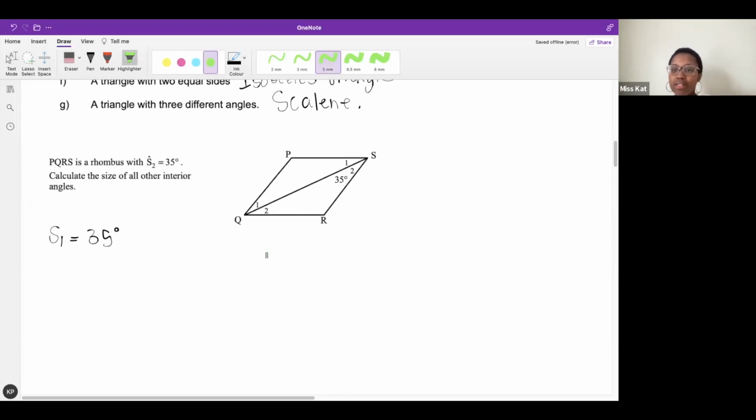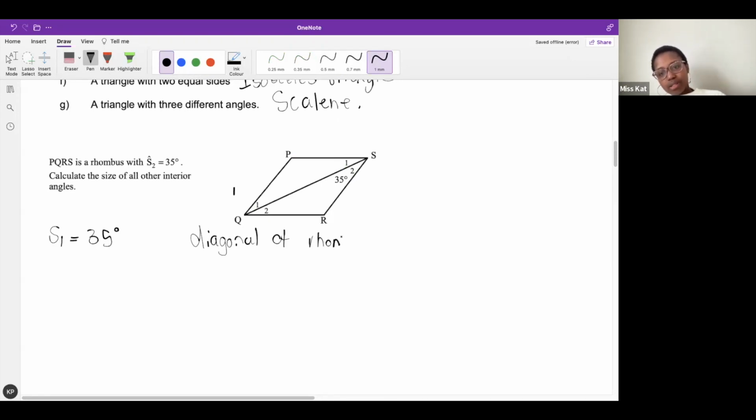Nope, it cannot be alternate. We're doing S2. Remember, S2 is next to S1. So it can't be alternate angles because alternate angles are all the way down there. Okay, so this is my reason. Nope, it's none of those. Okay. It's because the diagonals of a rhombus bisect